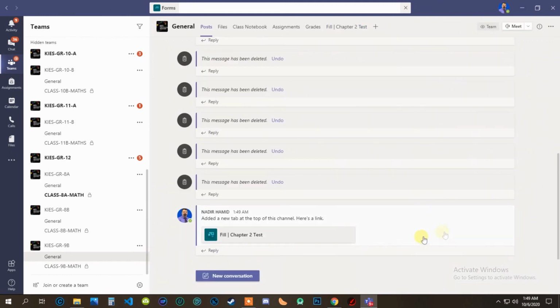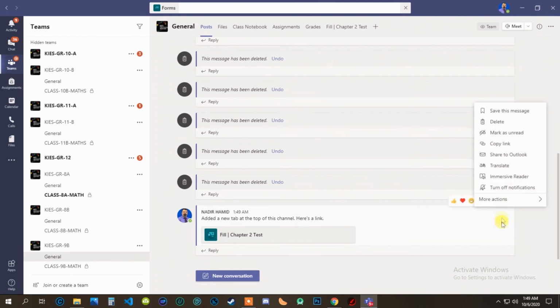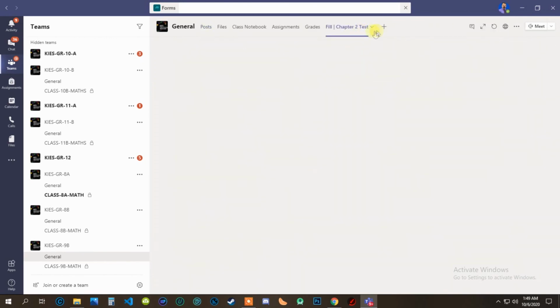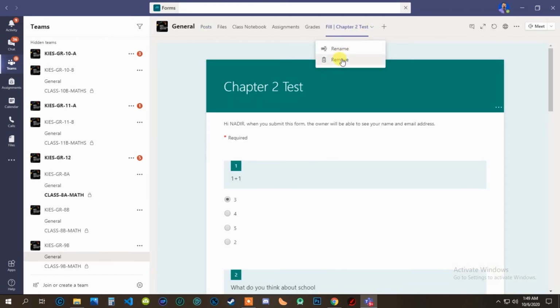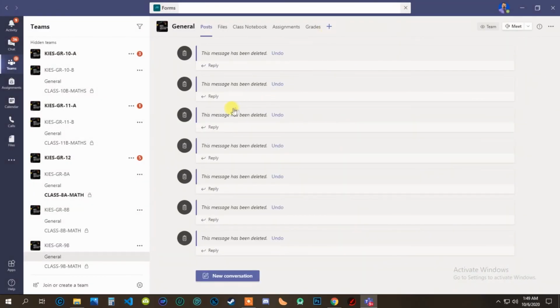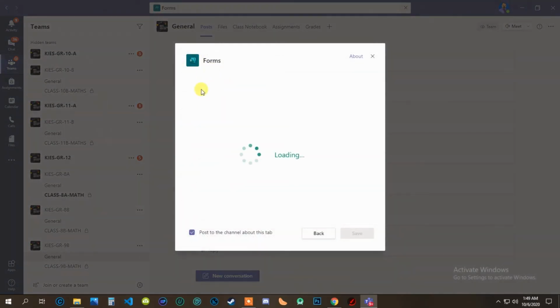Okay, now so if I remove it from here, this is how you can remove it from there. Look, see, you click on remove and it's removed, and then you can create a new one if you want from here, and that's it. Or you can use an existing one. Okay,